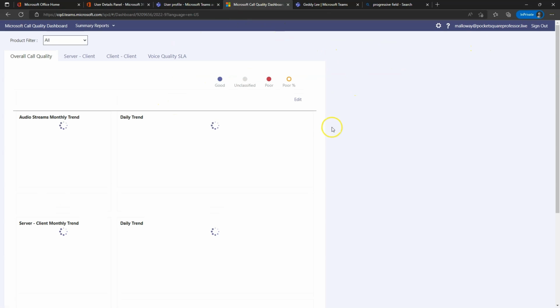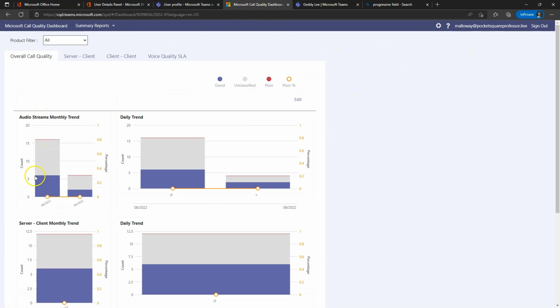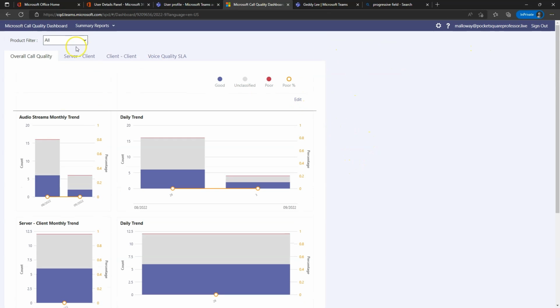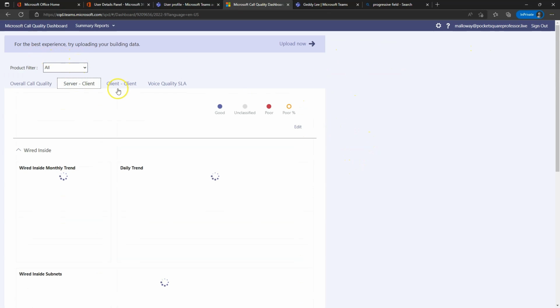We also can do this call quality dashboard here, which will give us, we have to double log in here, which is super annoying, but this will give us a snapshot here of our data. Now, there's not going to be a whole lot of data in here, of course, because we don't have any trends. But as you can see on here, we have 0% poor. Microsoft wants you to be at less than 2% poor, which is considered good. So we can see here that client to server,